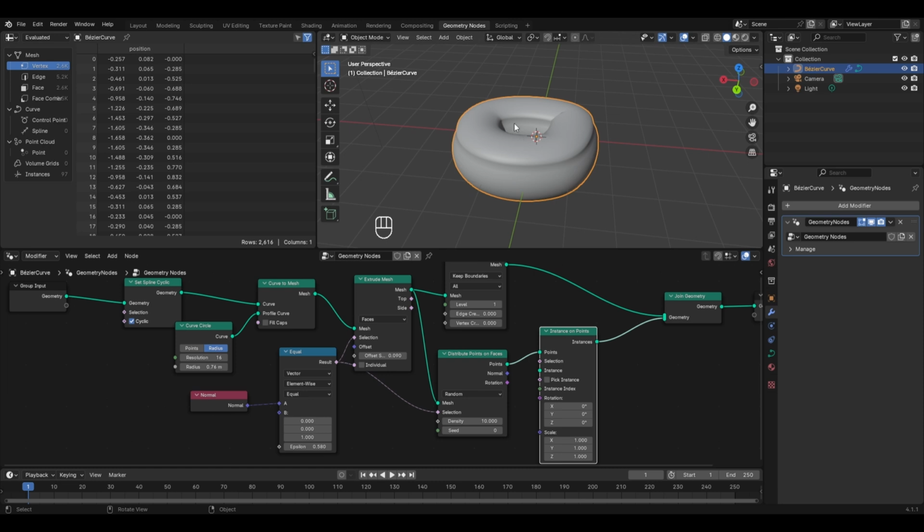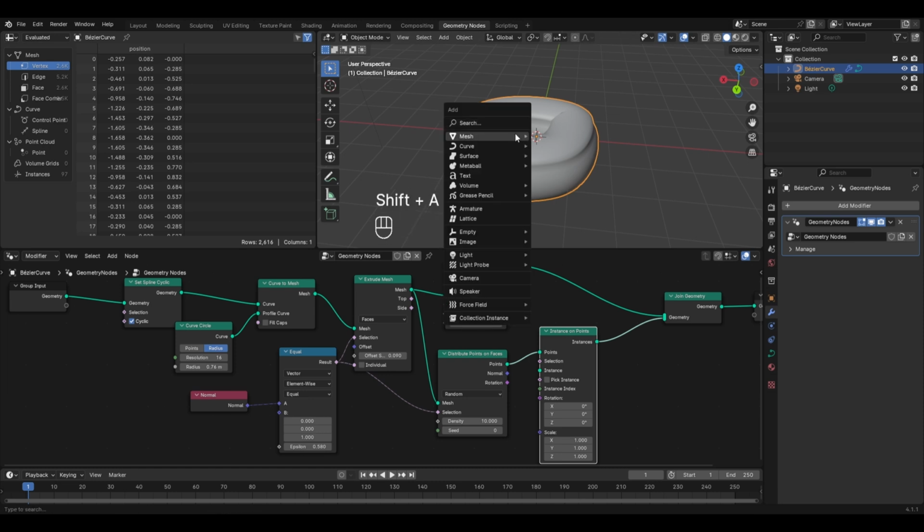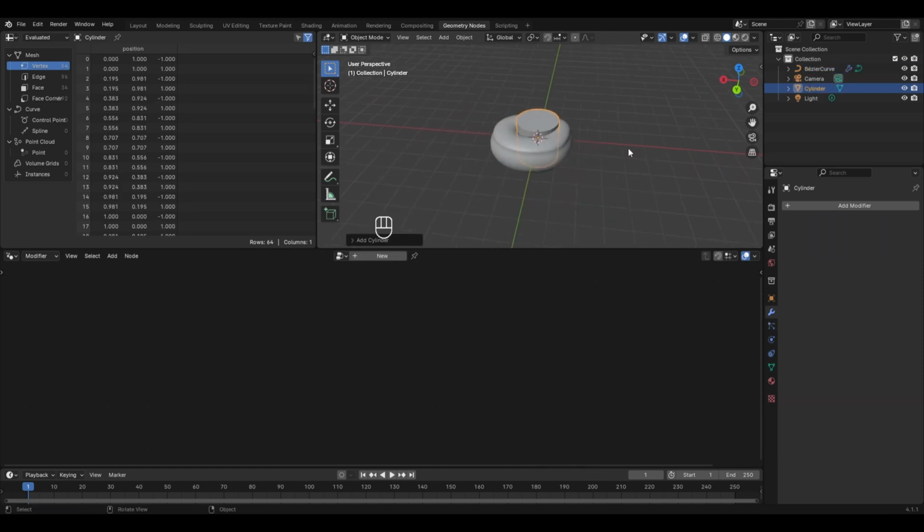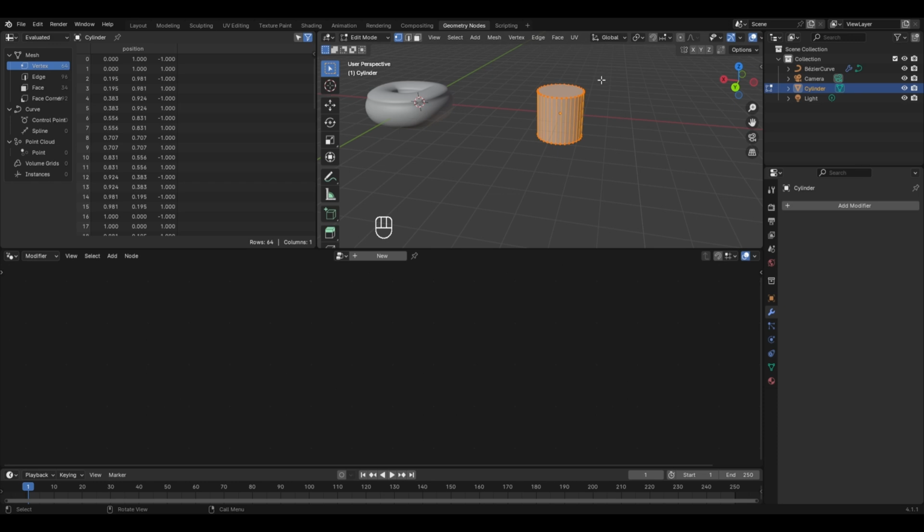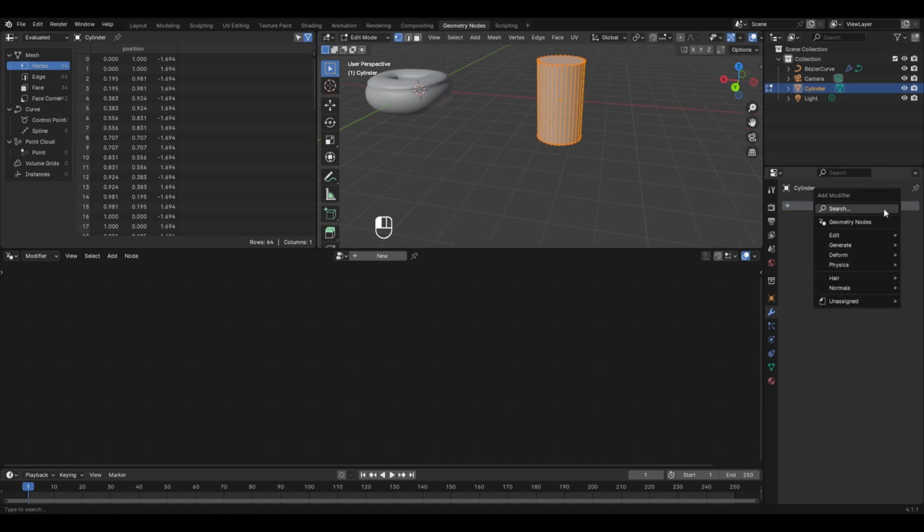For this, in the 3D viewport, press Shift plus A, go to mesh and add a cylinder. Let's move it in the X direction by pressing G and X, and let's place it over here. Tab into the edit mode, and now to make it look like a sprinkle, first I'll scale it up in the Z direction. So press S and Z and scale it up like this. Now we'll be applying the subdivision surface modifier to it. For this, go to the modify properties, click on add modifier, and in generate, select the subdivision surface. Let's increase the levels viewport to a value of 2.